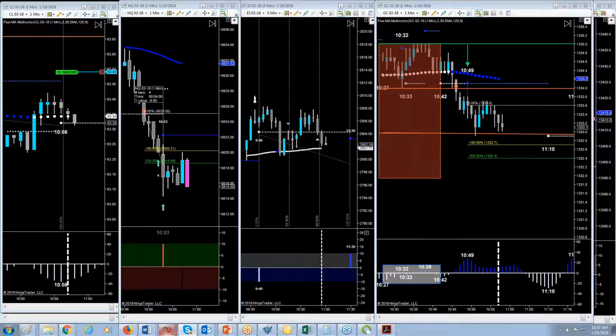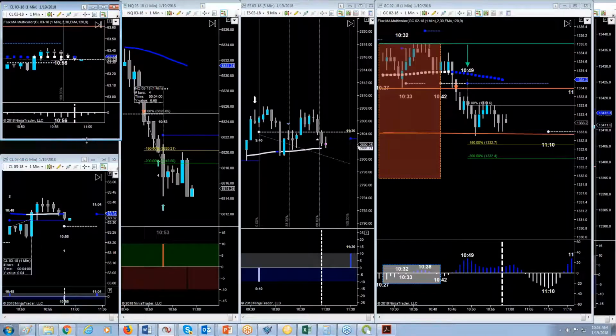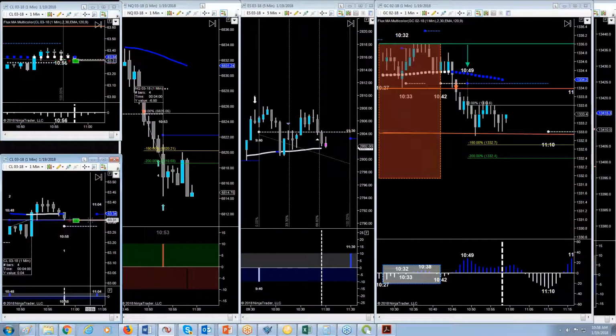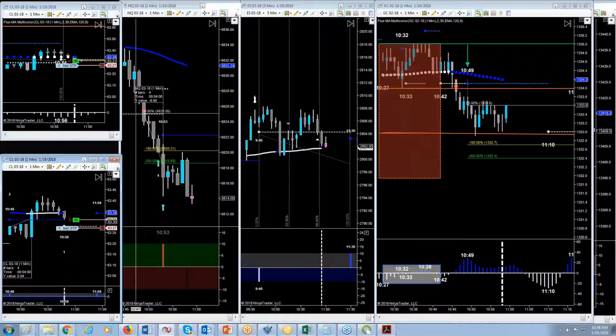Stop filled on CL, but we took a shot. I'm going to take a shot at the 1058 signal also on the time warp right here and put my stop just below that line right there. So that's an even smaller risk with 4 ticks to see if it'll work.